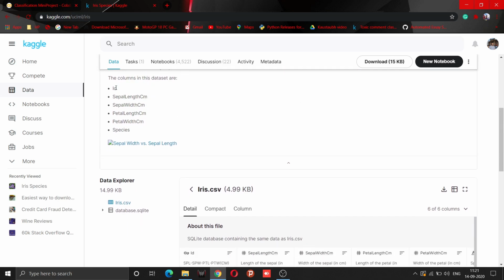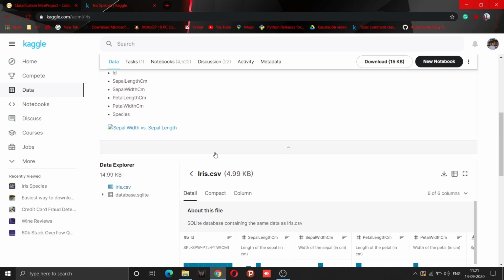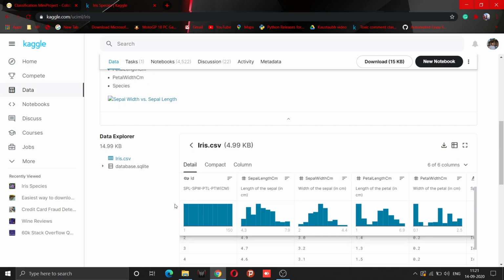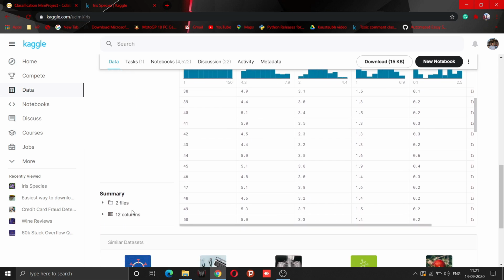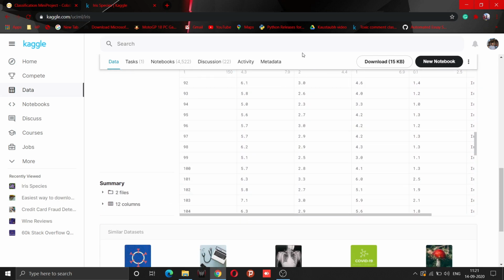The columns included in the dataset are ID, which is not of our use, sepal length in centimeter, sepal width in centimeter, petal length in centimeter, and petal width in centimeter. And from these four columns, we are going to predict which species the flower is. You can see the whole data is given here, and the dataset size is 150 rows.